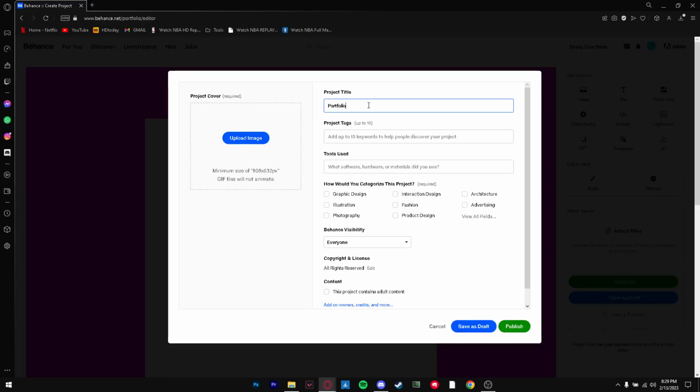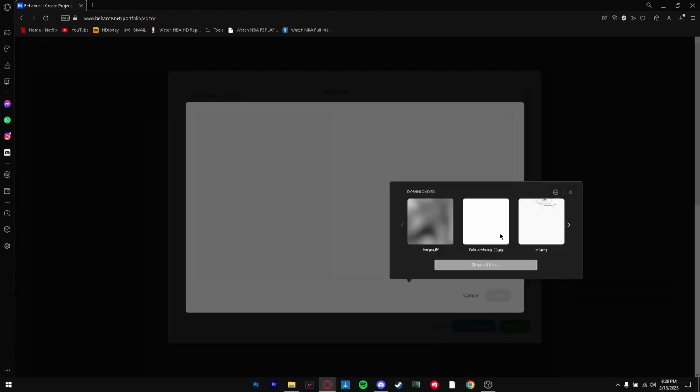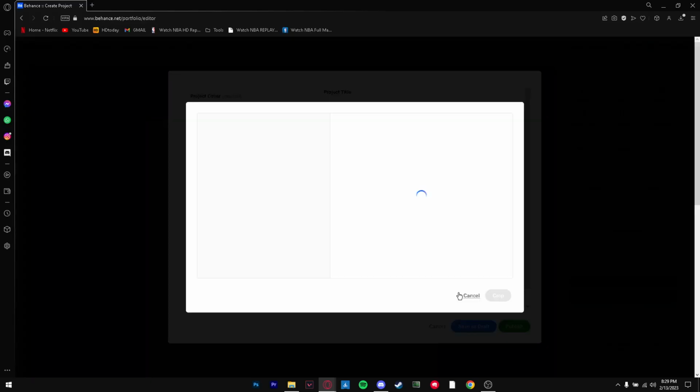Now we're gonna go to settings and we're gonna give our project title. We're gonna make it portfolio. Project tags, you can do this. Now project cover, you need to add something, so let's just add this solid white. And as we wait for it to load,